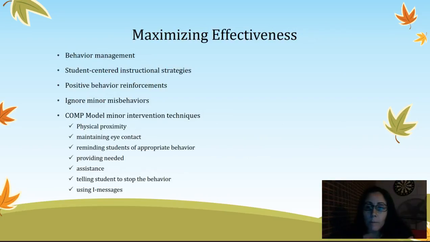I will maximize effectiveness also by behavior management. I will create a student-centered environment. The less time that I spend on discipline, the more time that I will have for instruction. I will use paper tickets to reward students for their good behavior. I will sometimes ignore misbehaviors, as that might be the best way to handle the situation because I won't interrupt